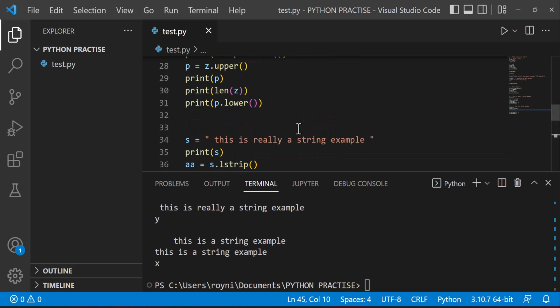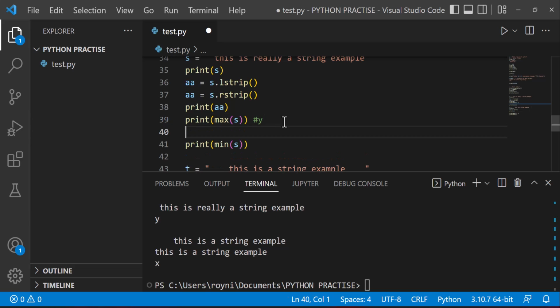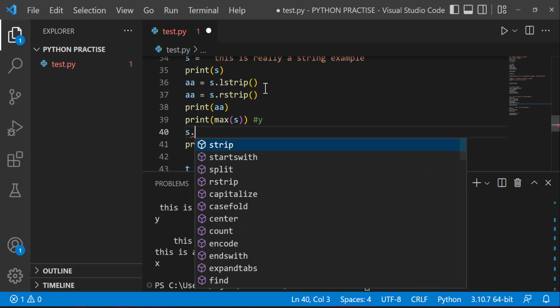And now if you want to remove these middle spaces, and then check the minimum character, let's do that also, no problem. There is a replace method. Basically, the replace method can be used to remove all the white spaces from this string, or you can replace any character with any character. So here I am going to use the replace method to remove the white spaces, like see, s dot